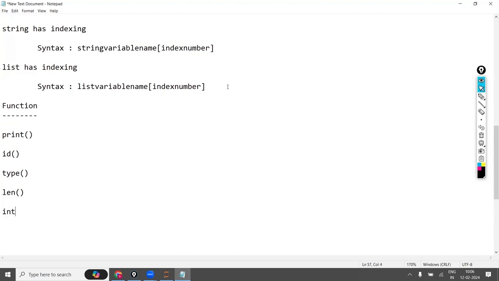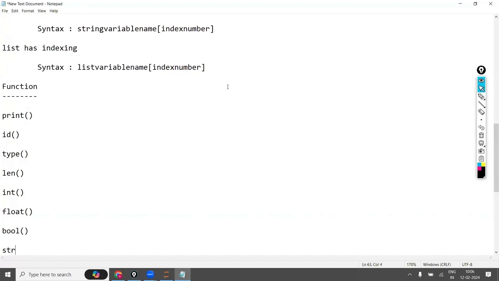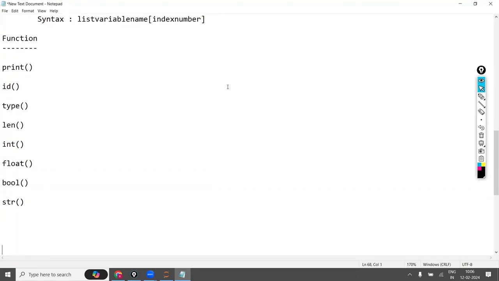Next are the int function, which converts to int, the float function, the boolean function, and the string function, which converts to string. These are the different functions we discussed earlier. Similarly, we now have some other functions. What is meant by a function? A function performs some task.